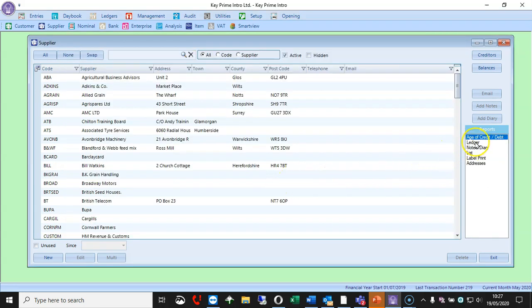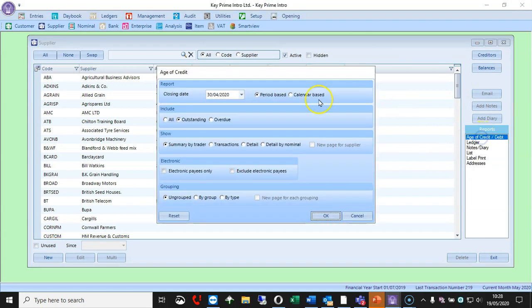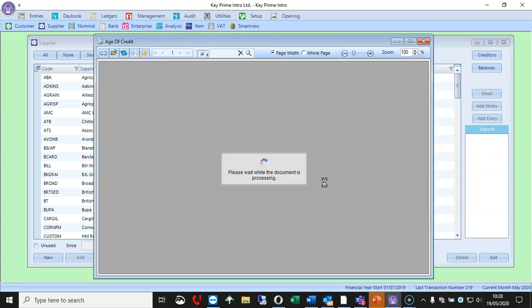If you have anybody on that list that you need to sort out, again, are there duplications, that sort of thing, you might need to go and one further one here. If I go all, you've got summary, but you can also have it by transactions or detail by nominal. And the advantage when you are dealing with these three here is that if I go OK, you can then get that.